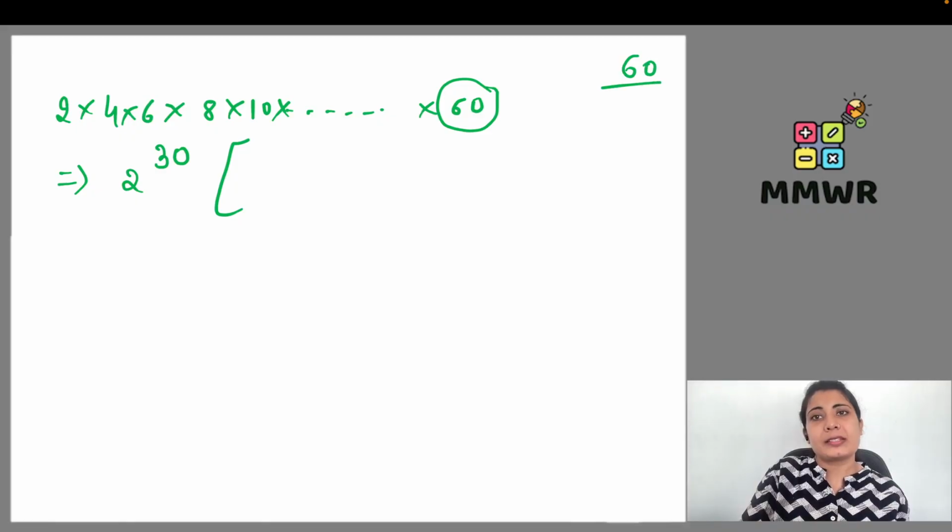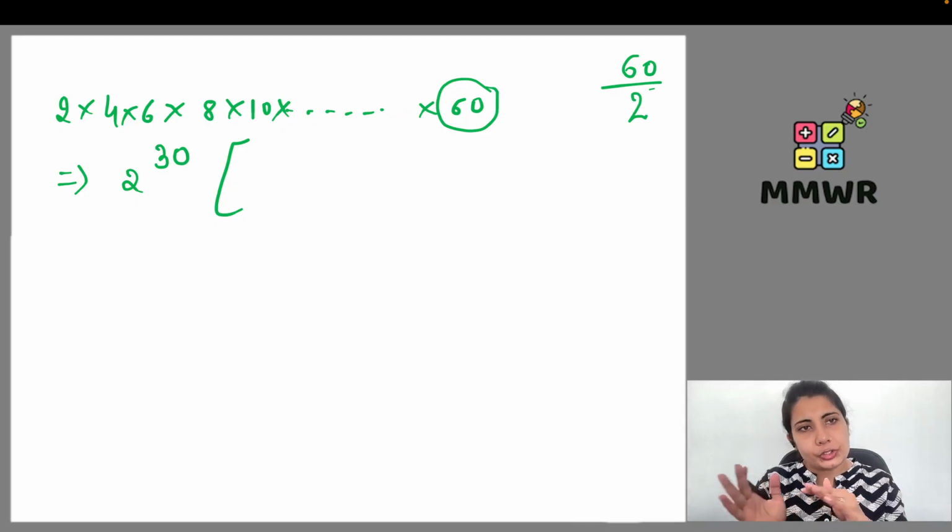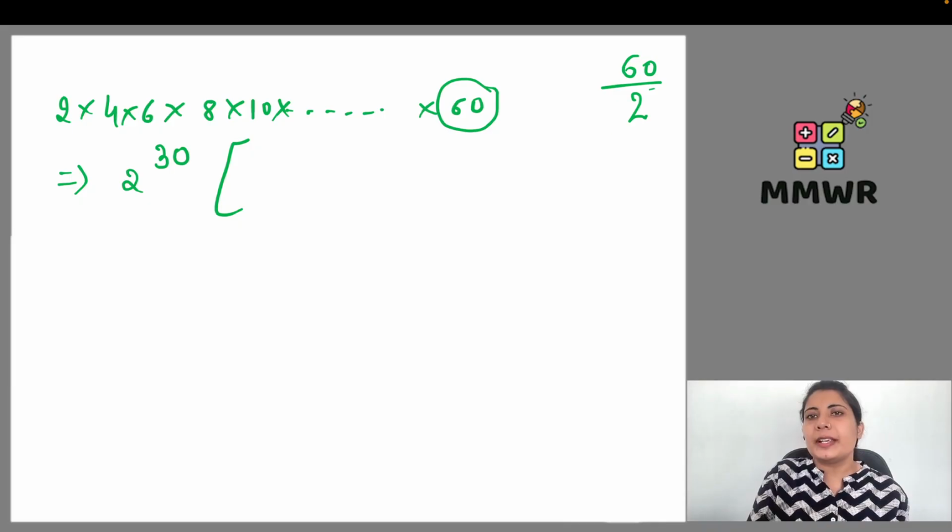60. Last number is 60. You simply have to divide this last number, 60, by the multiple of 2, because we have taken 2 as common. So 2 को कॉमन लिया है तो 2 से डिवाइड कर दो. 2 से डिवाइड करने पर यहाँ 30 मिल रहा है. That means last term हो जाएगी मेरे पास 1 multiply 2 multiply 3 multiply ऐसे करते करते मैं 30 तक